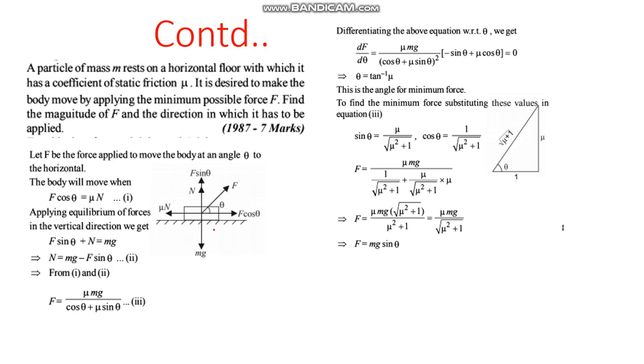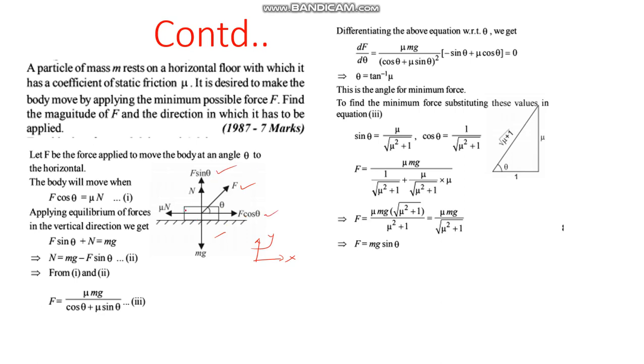So as shown in the figure here, there is a force F acting on it like this. It is making some angle theta with the horizontal. Our reference is, this is X and this is Y, let us say. So this is making angle theta. Obviously it will have components in the X direction, F cos theta, and in the Y direction, F sin theta.